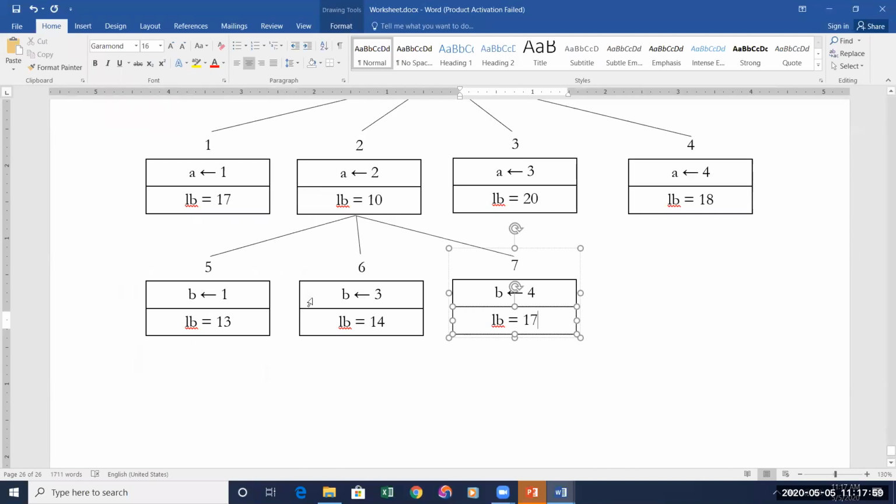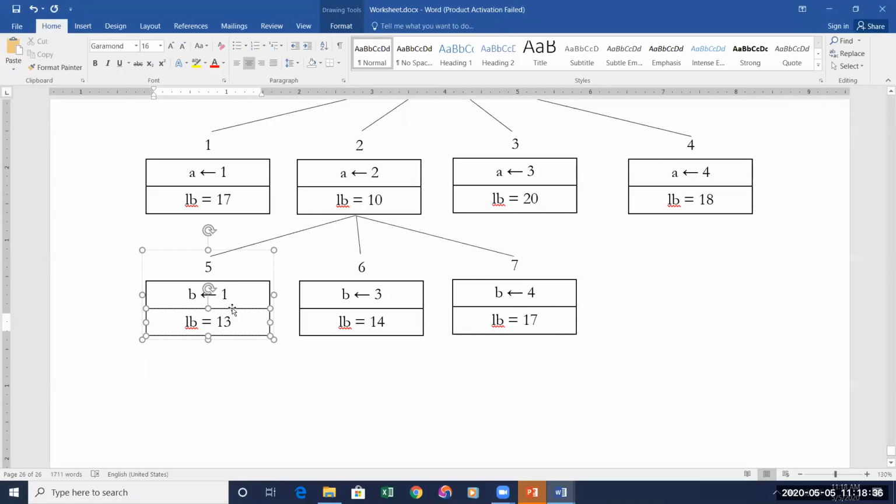Okay, so this is the end of the second level. After this level, what you are supposed to do is check the values of the leaf nodes, not just these 3. There are still 3 more leaf nodes. This is one leaf node, this is the second one, this is one more. Node number 1 is also a leaf node. Node number 3 is also a leaf node. Node number 4 is also a leaf node. So you have to consider the lower bounds of all these leaf nodes and check which is minimum. If you compare all this, you will come to a decision that lower bound equal to 13 is minimum.